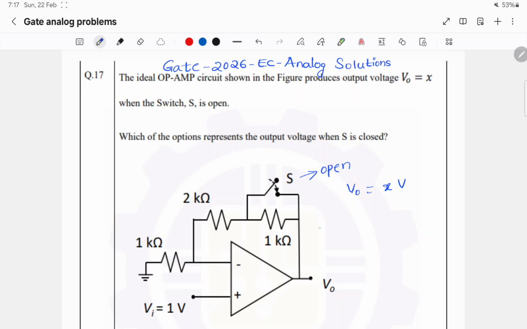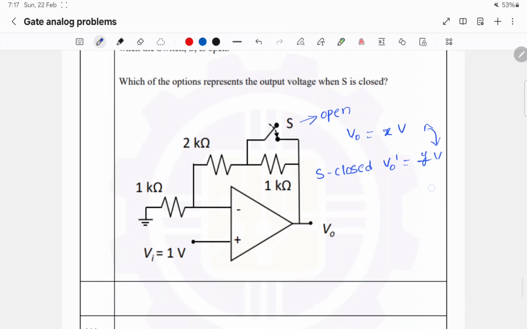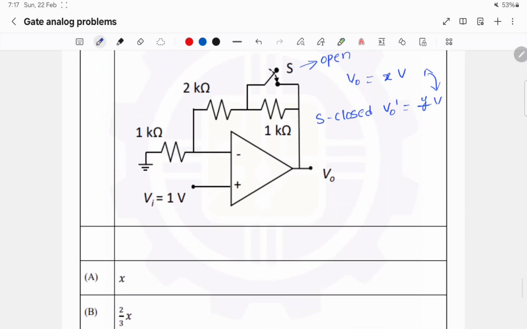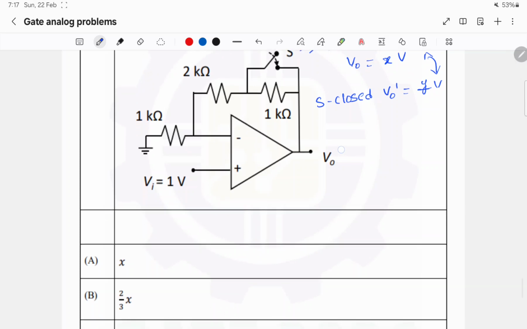Let us say when the switch is closed, the output voltage V0 is some Y volts. We have to find out the relation between these two. So when the switch is open, the circuit will look like this: